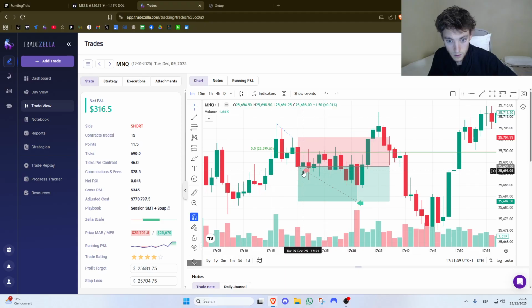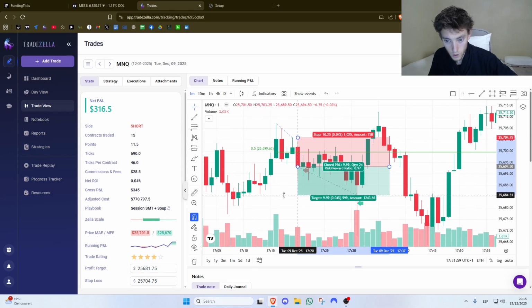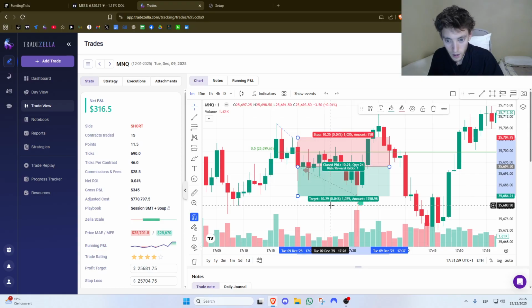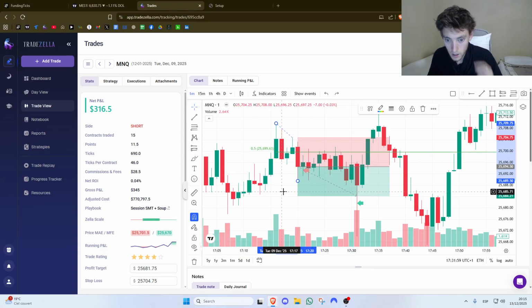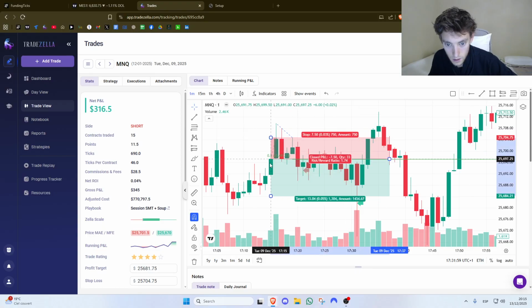Is the soup, and then equilibrium from this low to this high. Wait, that's why, because it's not a 1-to-1 like that. Okay, there, 1-to-1, and then if I do that, 3-to-1. What's the math on that, by the way? What is the actual math on that? I guess what the math is, it went lower. That's probably why. Wait. Ah, like that. It would be like that. That's what the math is.